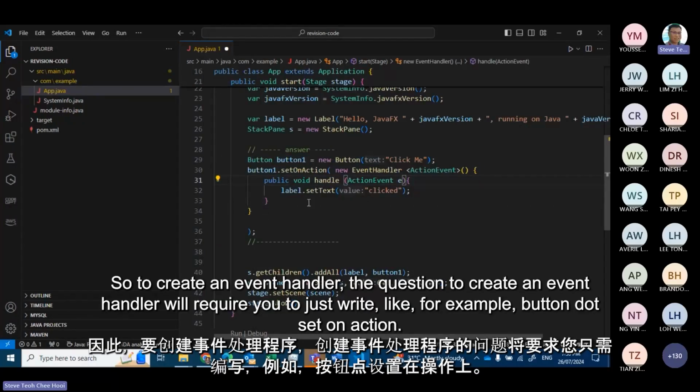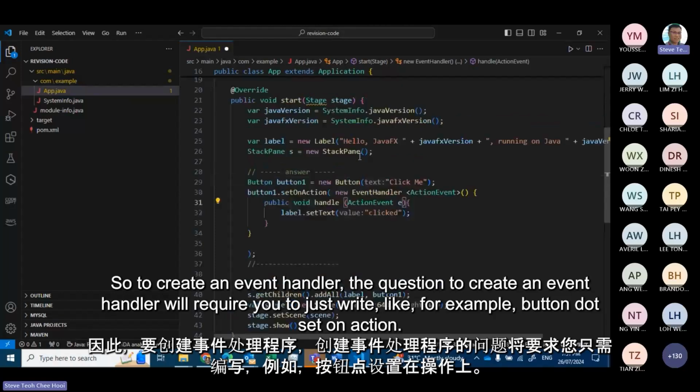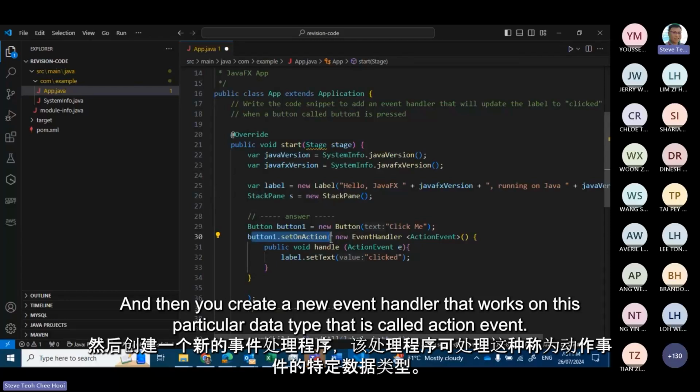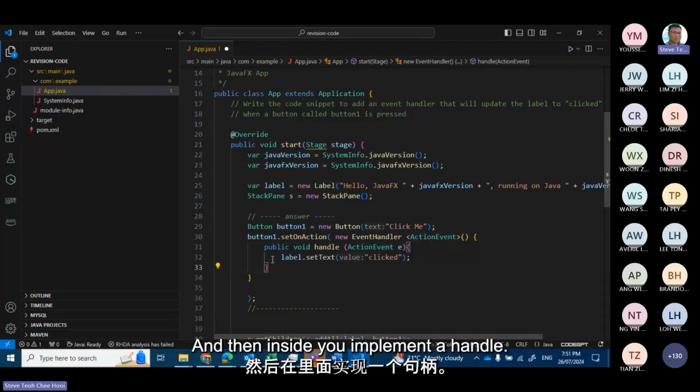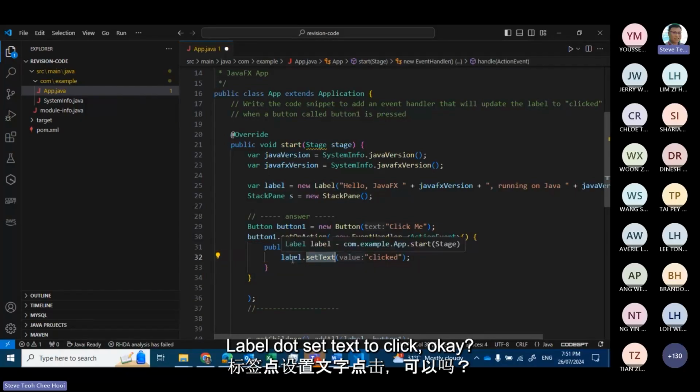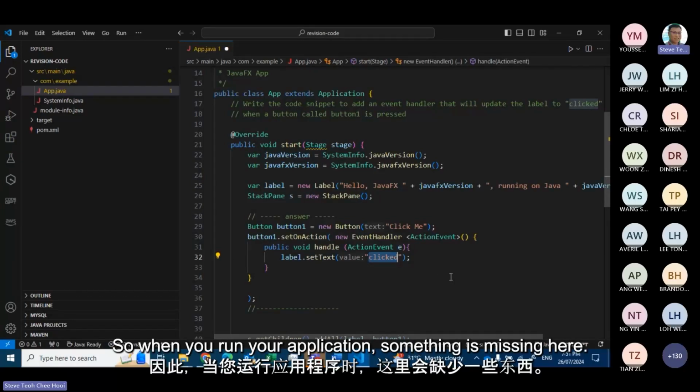Okay. So to create an event handler, the question will require you to just write, for example, button.setOnAction, and then you create a new event handler that works on this particular data type that is called ActionEvent. And then inside you implement a handle. And the handle event just basically produces this one: label.setText to click, okay? So when you run your application,